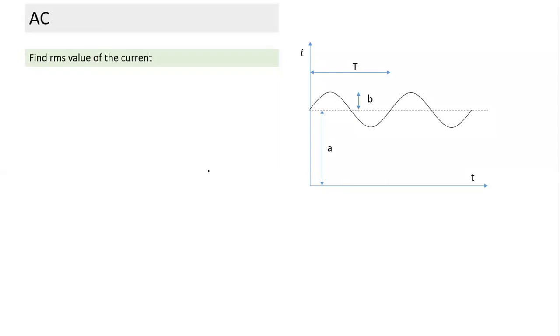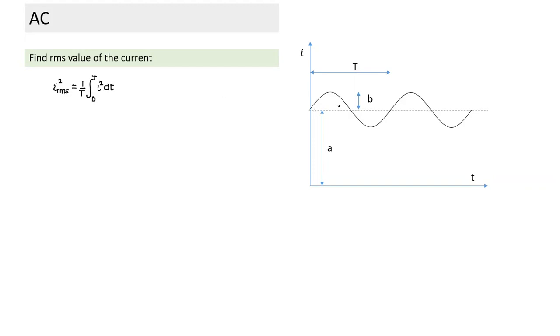Whenever any graph is given, to find RMS, if we can convert it into a mathematical expression, we can find the RMS value. Finding RMS value is nothing but definite integration. Whenever RMS value is mentioned and nothing else, it means we need to calculate it for time equal to capital T. Sometimes I find it easier to write RMS square so that the square root is not there. It is equal to the mean value of the square of current. This is the mean value for a period 0 to T, square of current dt.